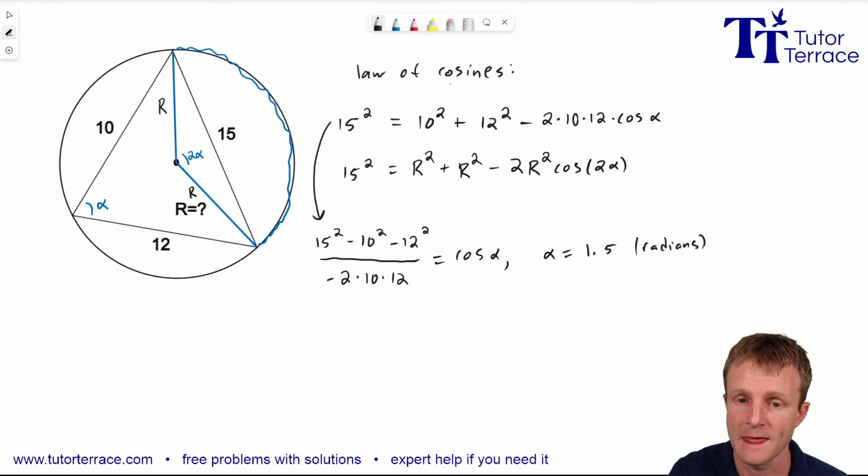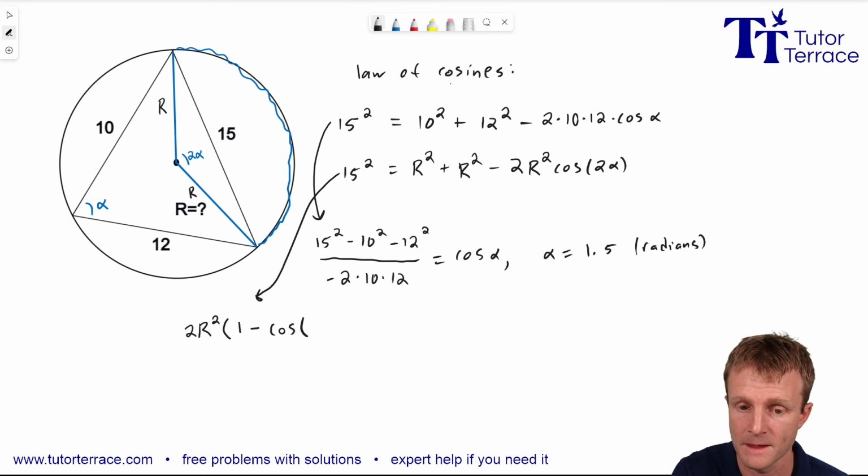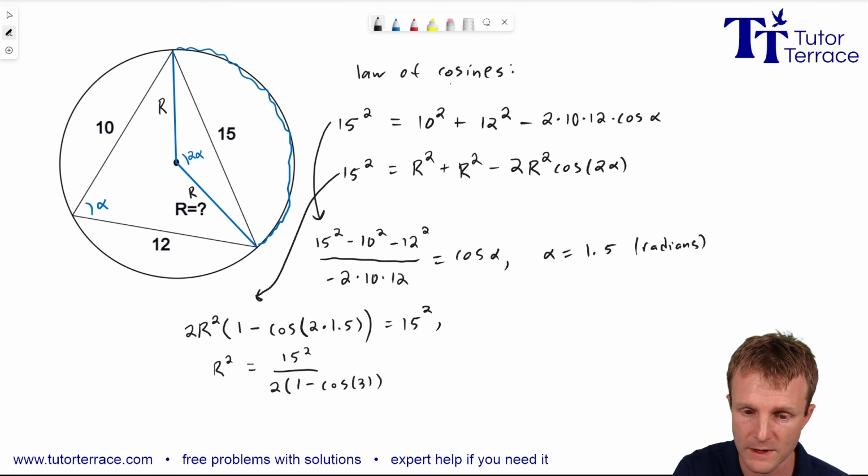So that's alpha. And then from the bottom equation, now that we know alpha, we can just solve it for r. So from this equation, I see that the left-hand side becomes 2r squared times 1 minus cosine 2 alpha, but alpha we know is 1.5. And that's all equal to 15 squared. And so finally we can solve for r squared is 15 squared over 2 times 1 minus cosine of approximately 3 radians,